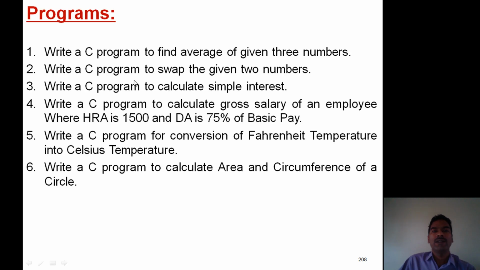Now, here we mention some example programs. Up to this extent, you are familiar with the basic terminology of C programs, the operators concept, and input and output statements. Hence, you are capable of doing all these exercise problem statements.